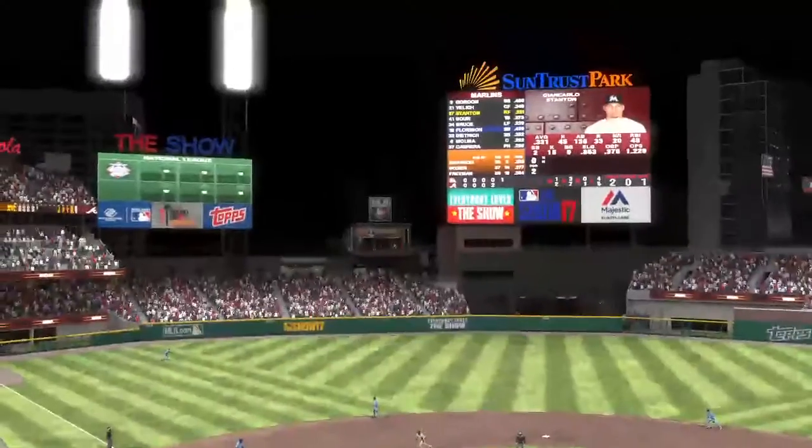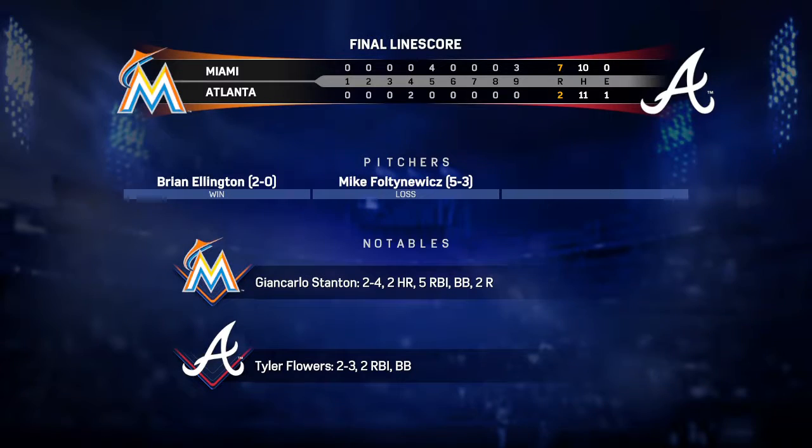Yeah, he delivered with runners in scoring position a couple of times in this one. Finished with 5 RBIs, and that was obviously